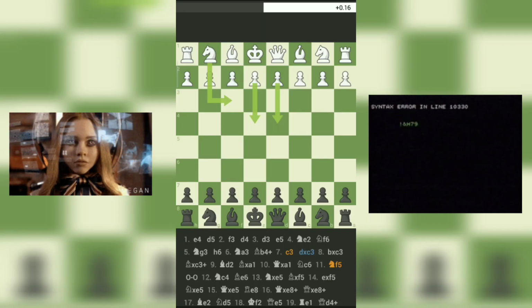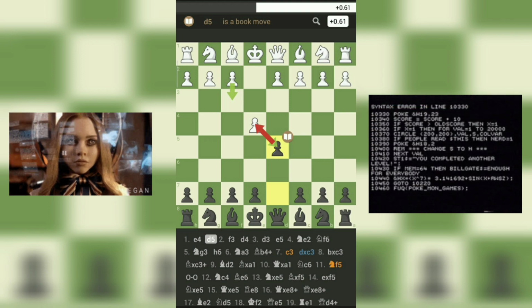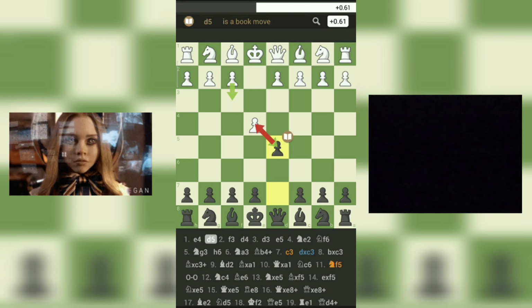The game began with 1. e4, a popular opening move that aims to control the center and develop the queen's pawn. Black responded with 1...d5, known as the Scandinavian Defense, which is a counter-attacking opening that aims to immediately challenge